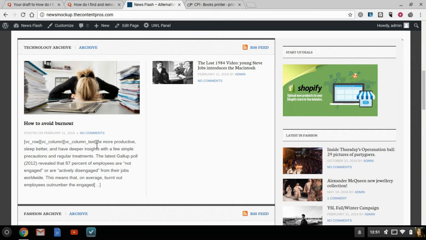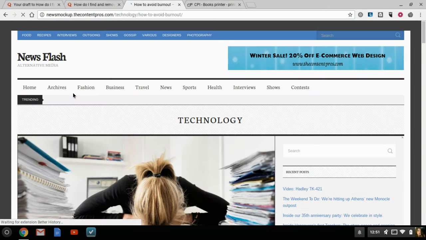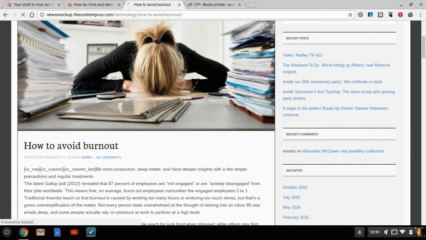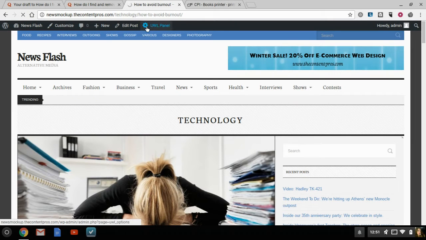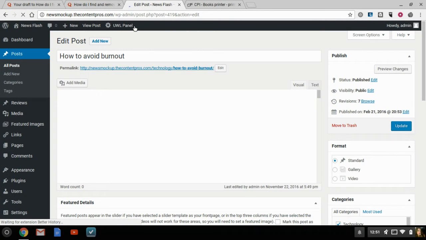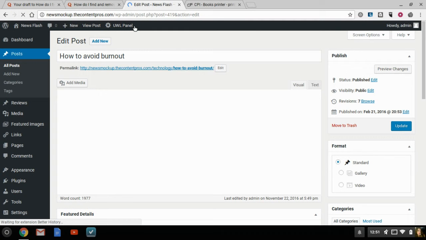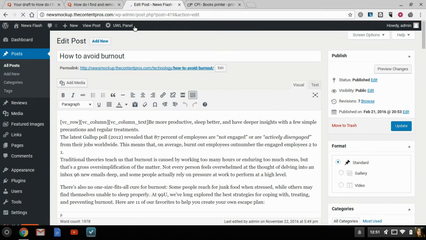So I did the same thing just so you could see it in my preview, and I'll just walk you through how to change that. So now I'm going to click on my article, and it's going to take me to my article, and I'm going to edit that post. So you're going to want to go into your WordPress and edit your post. I don't know if you used the Visual Composer plugin that you have, because it looks like you have a Visual Composer plugin, or you use your visual or text editor inside the actual post, the WordPress visual or text